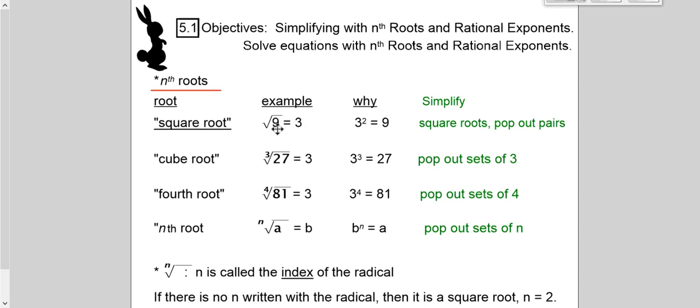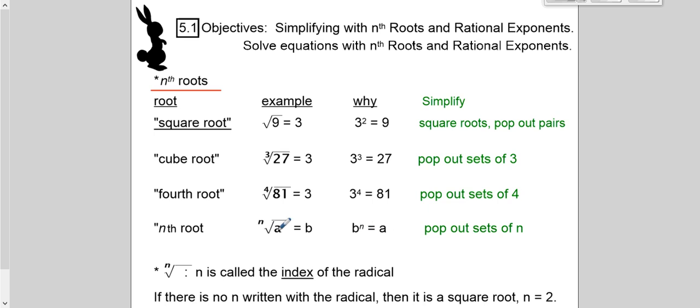have 2 of them. So when you're doing a cube root, you're looking for sets of 3. Fourth root, pop out sets of 4. Nth root, pop out sets of n. Cube root of 27 is 3, because 3 cubed is 27. Fourth root of 81 is 3, because 3 to the fourth is 81. Nth root, as long as this n matches,